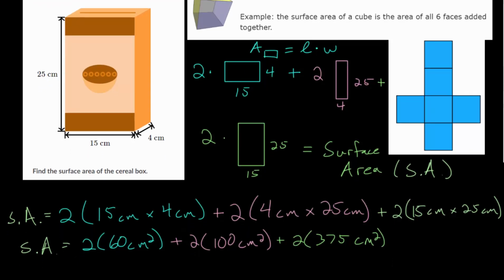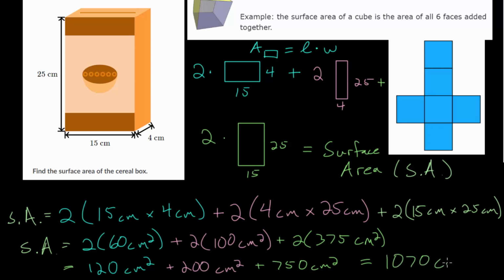So let's first start by doubling everything. So we have 120 square centimeters here. We're going to add that to 200 square centimeters here. And doubling 375 would be 750 square centimeters. So this makes 320 when we add these together. Adding 320 to this would bring us to 1,070 square centimeters. So in conclusion, the total surface area of this rectangular prism, this cereal box, is 1,070 square